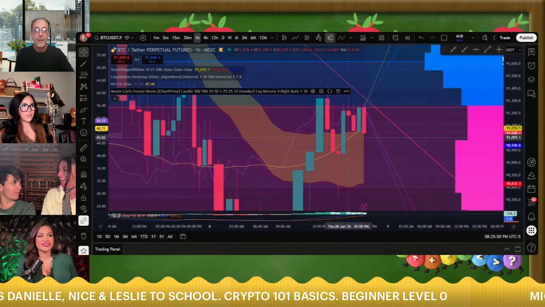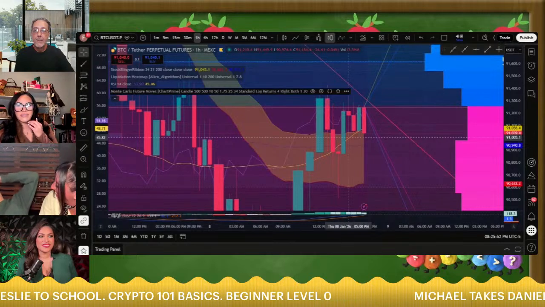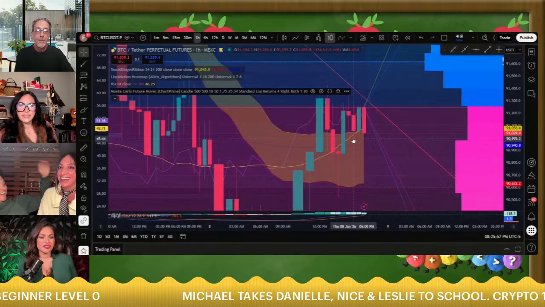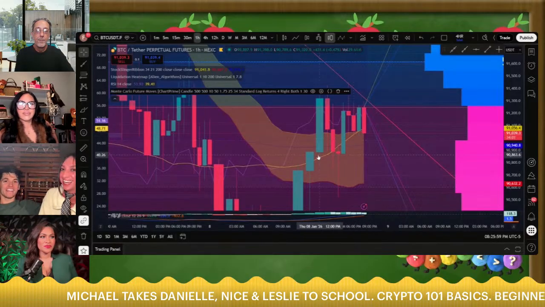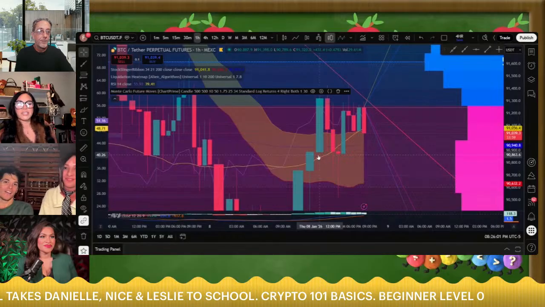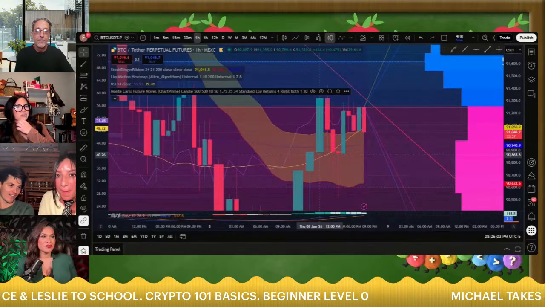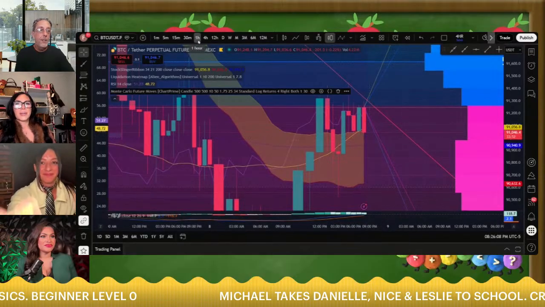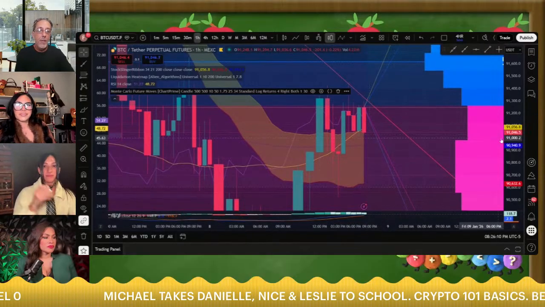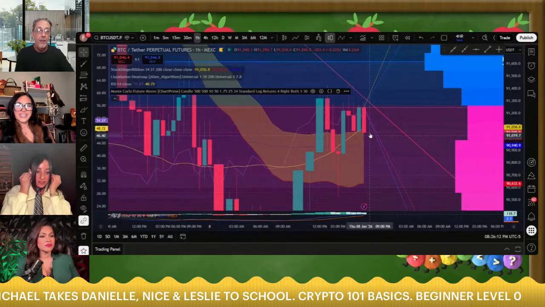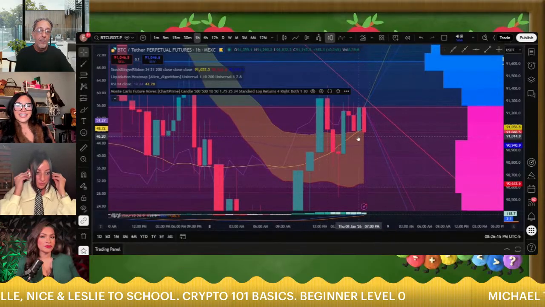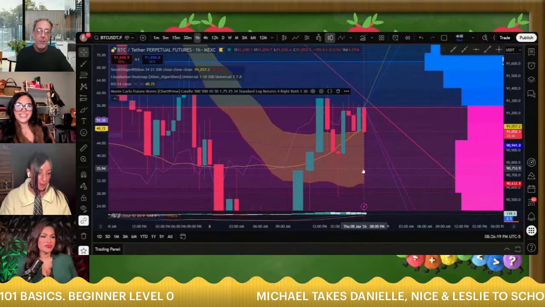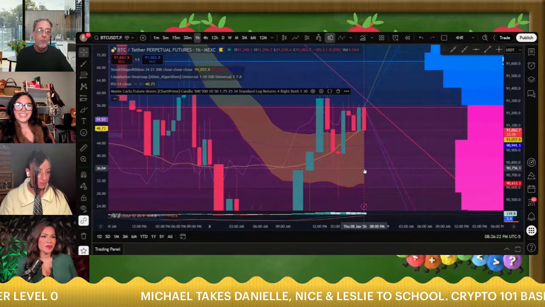Look at that photo. So we're gonna see if it's going to support right here. It's right. I need shades. So it broke. So it went past it, right? So it didn't support it. It hasn't made a decision yet. This is an hour chart, but there's not a whole lot of volume going on right now. If it doesn't bounce back up here, it could fall. It could fall probably down to this level before it meets some more resistance.